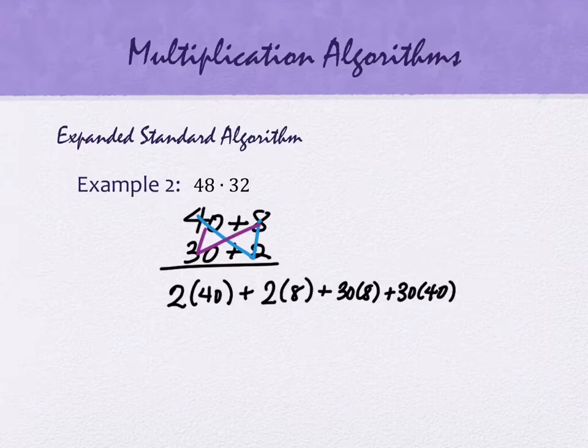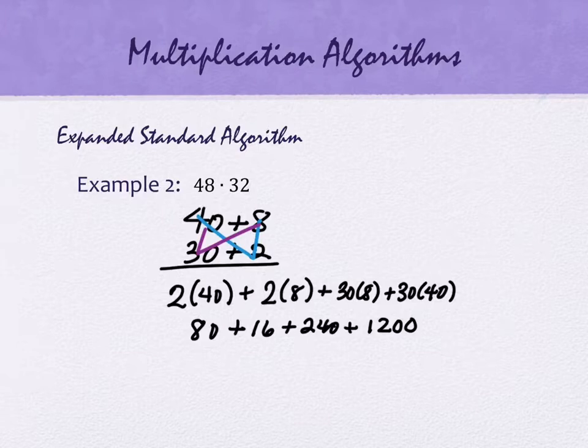What is 2 times 40? 80. 2 times 8? 16. 30 times 8, 240, and 30 times 40. I think it's 1200. We get 2 zeros? 1200? Okay, good. And if you don't like doing this sort of linearly, like written across the page like that,